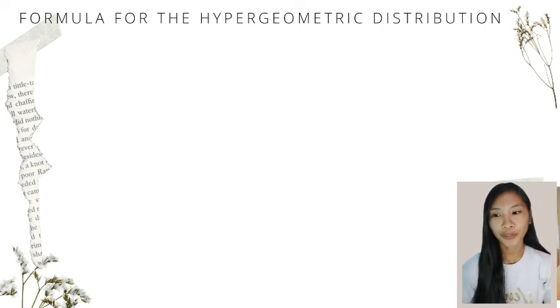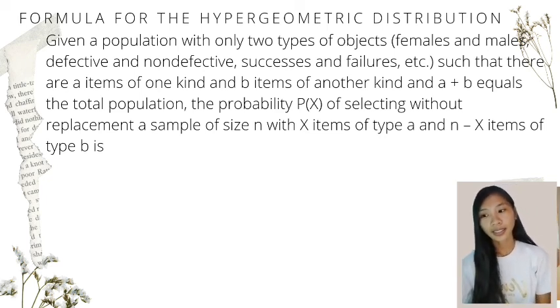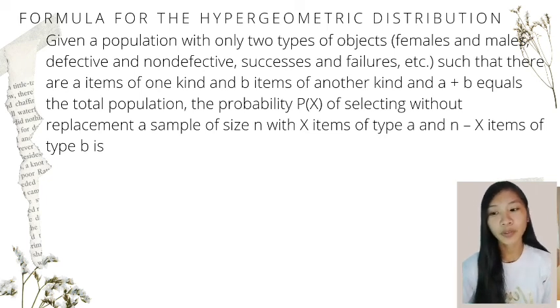Note that the formula for the hypergeometric distribution, given a population with only 2 types of objects, females and males, defective and non-defective, successes and failures, and etc., such that there are A items of one kind and B items of another kind, and A plus B equals the total population, the probability of X, selecting without replacement a sample of size n with X items of type A and n minus X